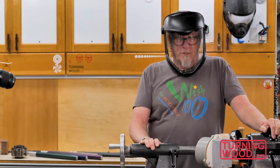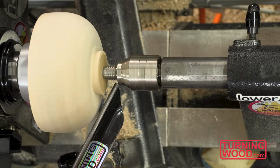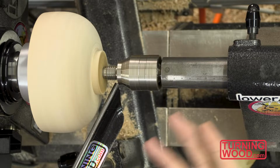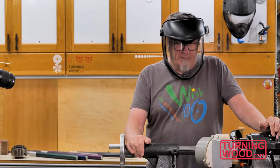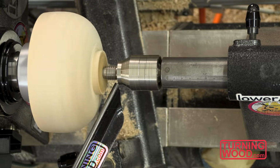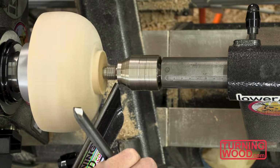All right, so I have it on. You can see it's got a little bit out of round. That's fine, because the bowl was already cleaned up before I turned it back around. It was just a gorgeous finish right off the gouge. One of the few of mine, I might add. So what we're going to do is take off the tenon and then just flush this a little. I'm using a 1/2 inch bowl gouge,